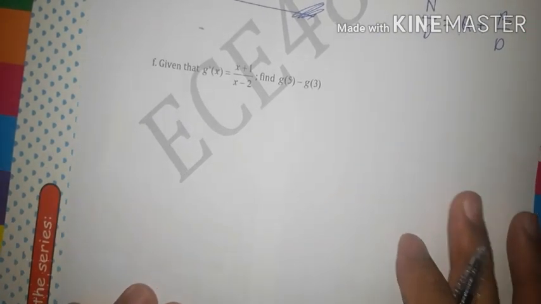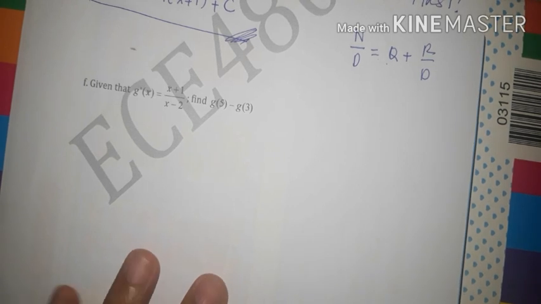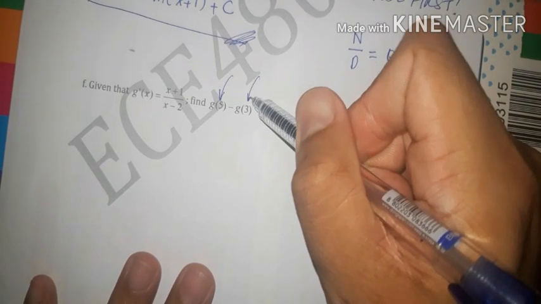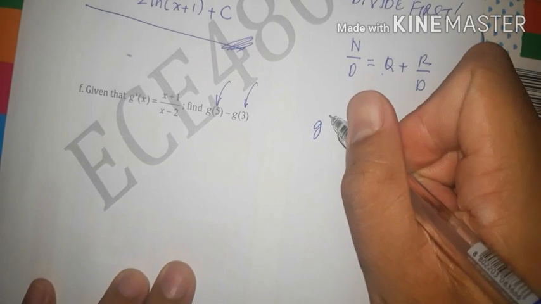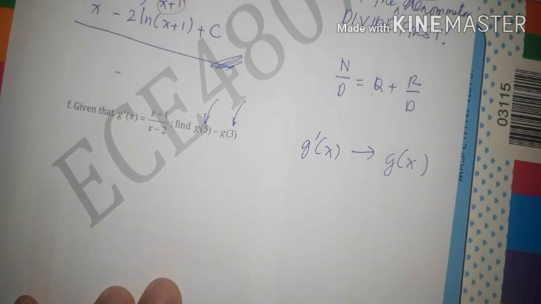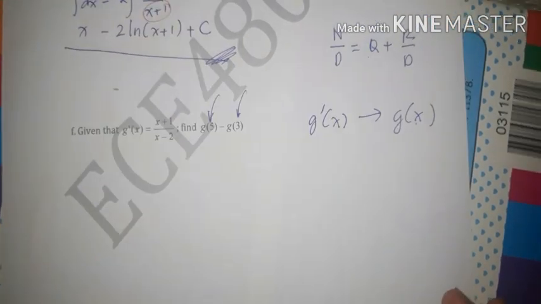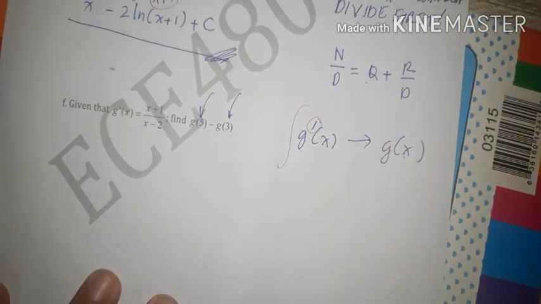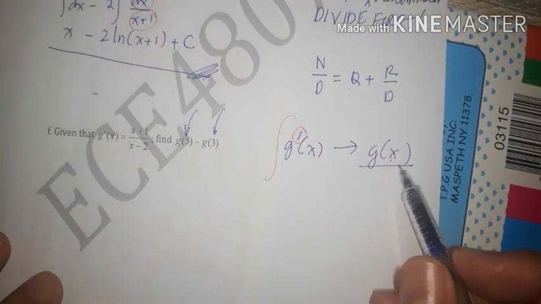So let's have our last example. Given that g prime of x is equal to (x plus 1) over (x minus 5). We are to evaluate g of 5 and g of 3. That means I need to get g of x. From g prime of x, we convert it to g of x so we can get g of 5. So, how are we going to deal with this? We need to eliminate that derivative,